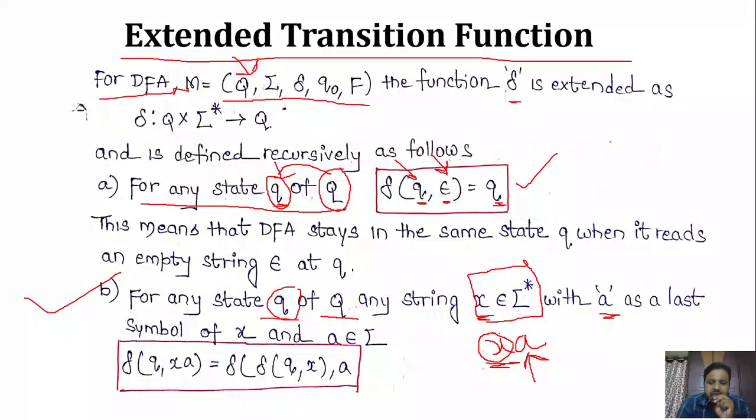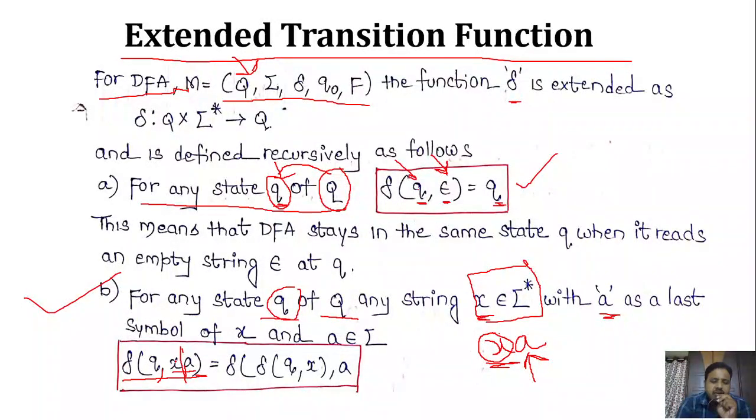So then how do we write the transition function for this? So we can write like this, delta of q. So you have picked up some state. That means you are going to process xa from state q. Okay. So how do we represent that mapping? To represent that transition, you have to write delta of q comma xa equal to. So here if you observe, this string xa is having two parts, right? So x followed by a.